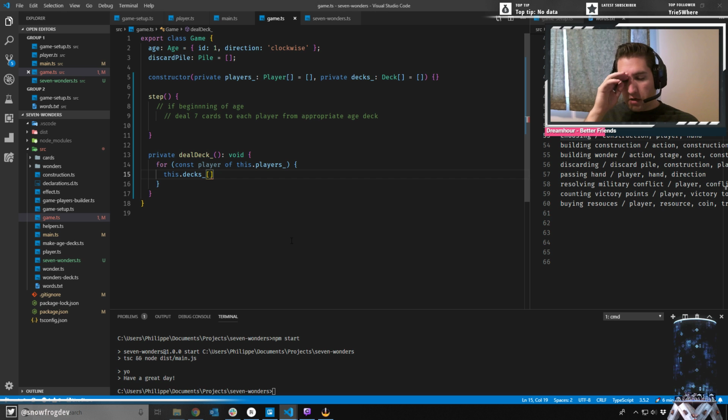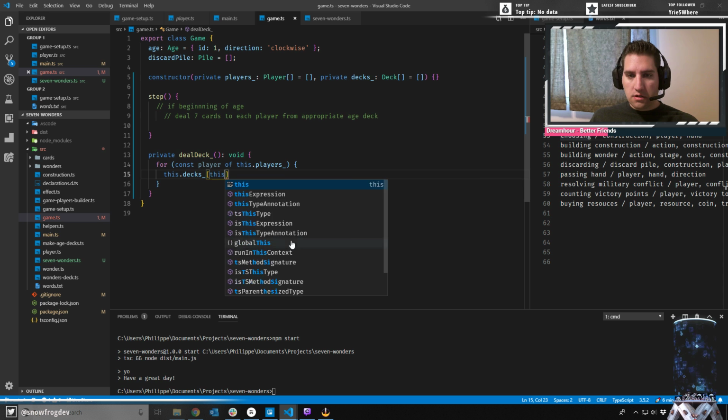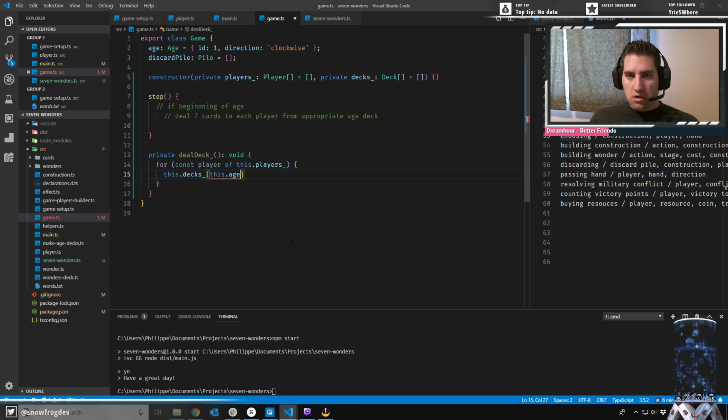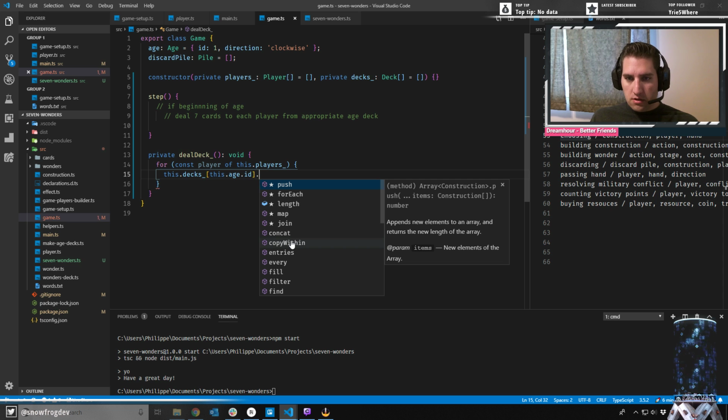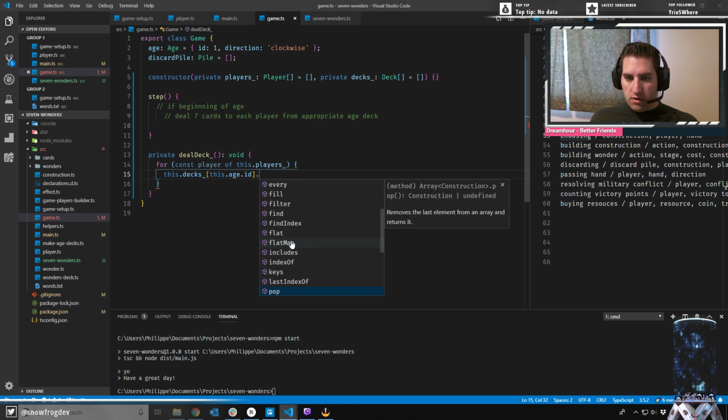Okay, so how do I know which deck needs to be dealt? I simply look at this .age.id. There we go. And what do I do? I jot, probably